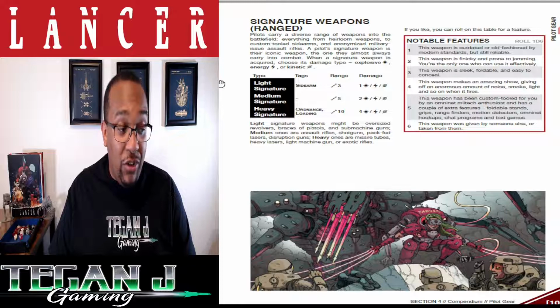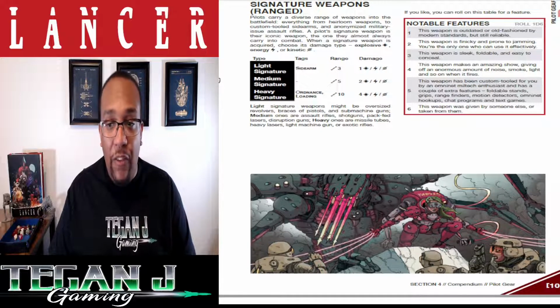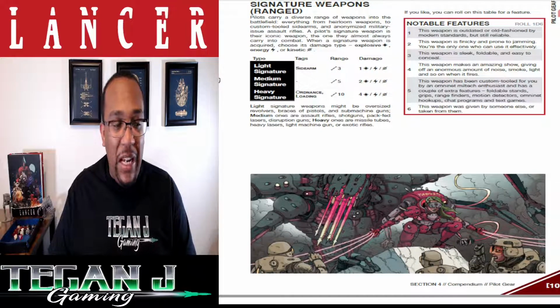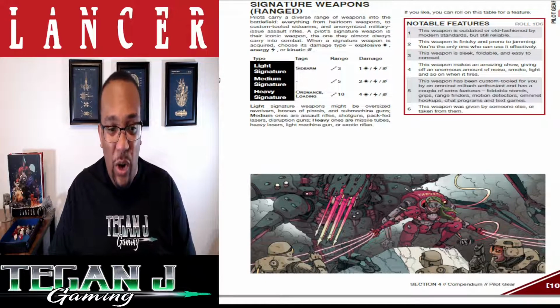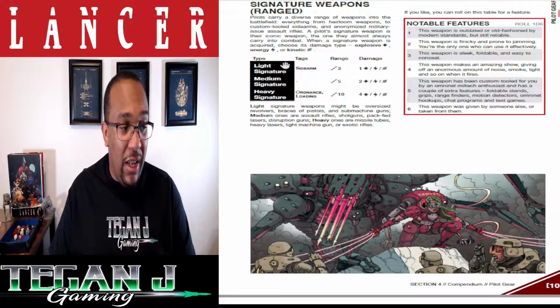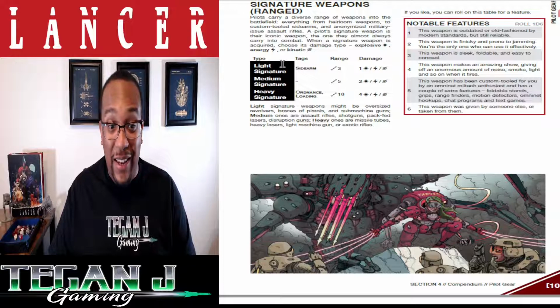They also get ranged weapons. With this one, I'm going to give him a medium. We call it a little medium energy rifle that he always keeps with him. It's a signature weapon, just in case he ever has to go in and clean up on the ground, he's got that right next to him. So we've picked our weapons. We've got a tactical knife as well as a